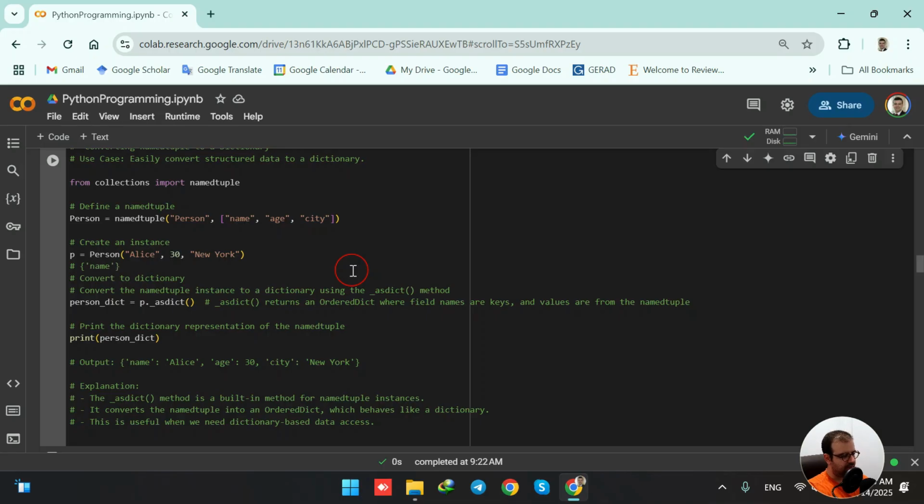It is going to have name Alice, then we are going to have age 30, then we are going to have city, and then New York. Okay, so we see that as we defined here, the fields in our named tuple that